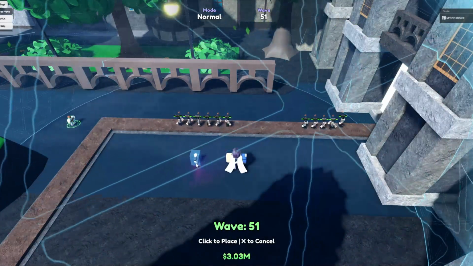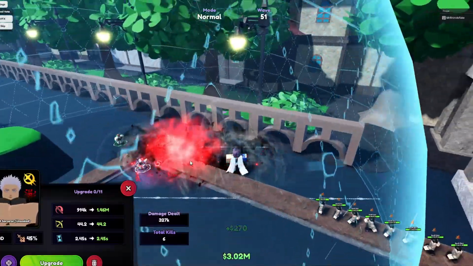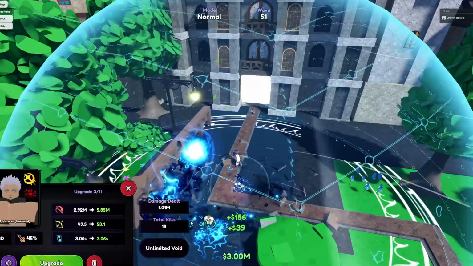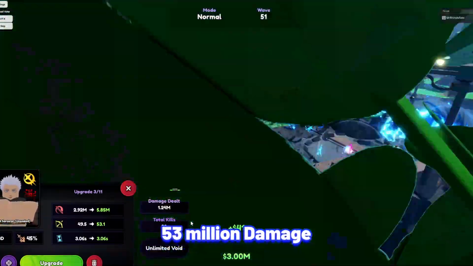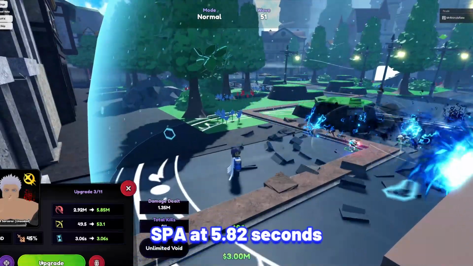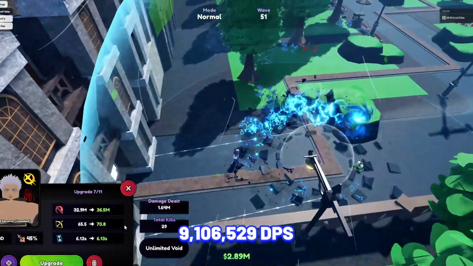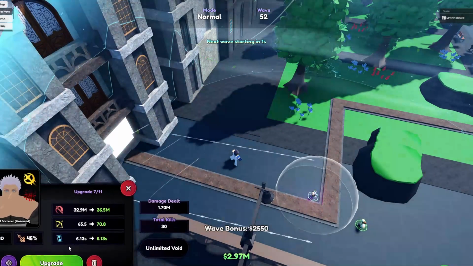Gojo is still one of the most overpowered units with his slow and how incredibly insane he is on placement in this new Anime Last Stand Fate update. Strongest Sorcerer Unsealed stats at max upgrade and max LR: 53 million damage with his SPA at 5.82 seconds, making his damage per second 9,106,529, which is incredibly overpowered, especially as he is already strong with his time stop ability that he gets at later